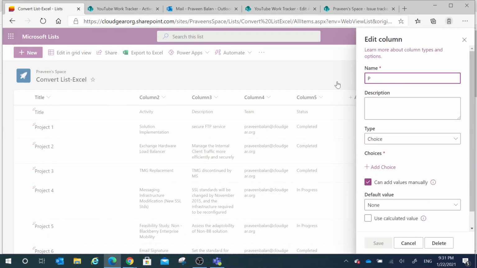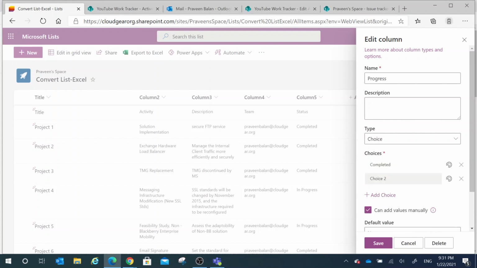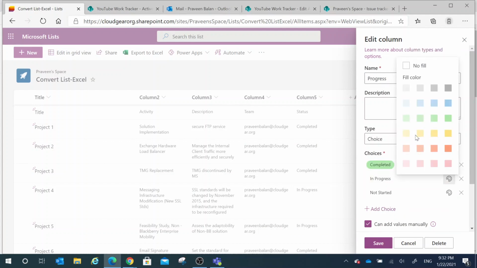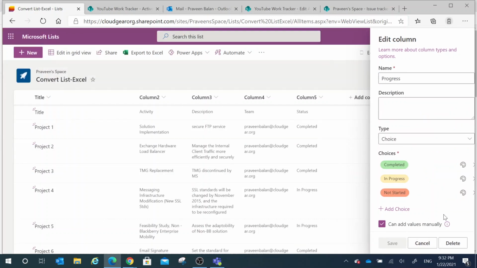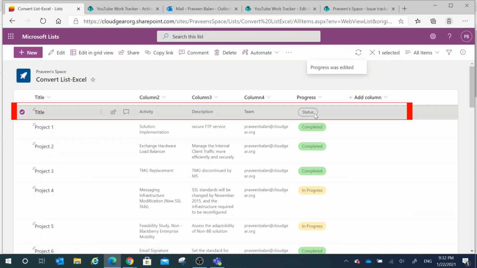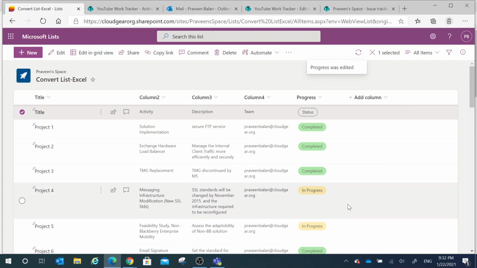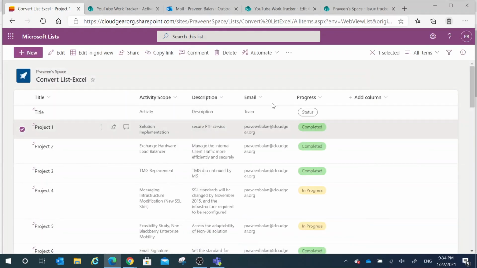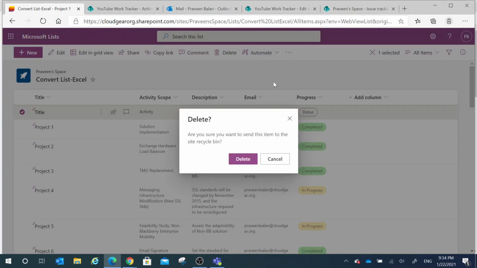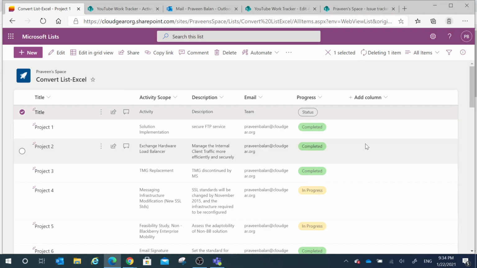If you have noticed, I have kept the first row with title, activity, description, everything intact there, so that I can modify the converted list title information with that. And once I update all the required column headings as I need them in the list, I can remove the first row. So the Excel is onboarded into Microsoft List.